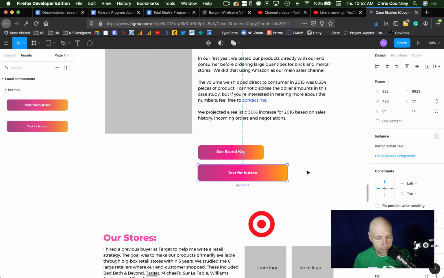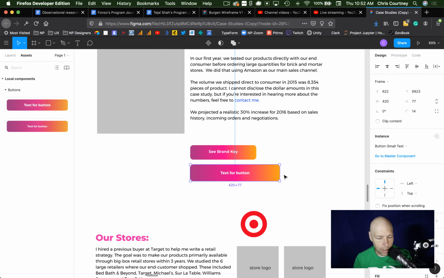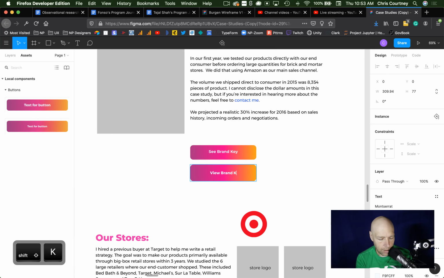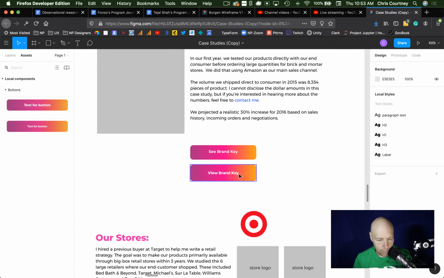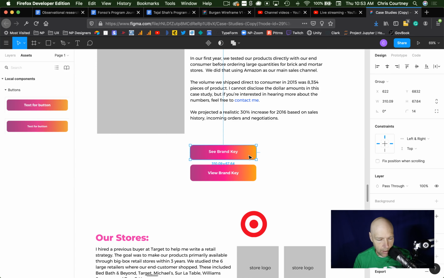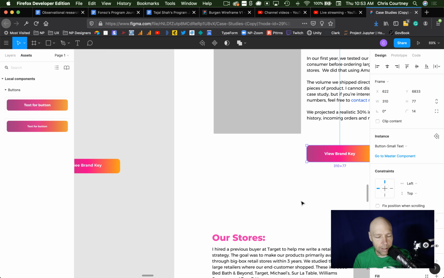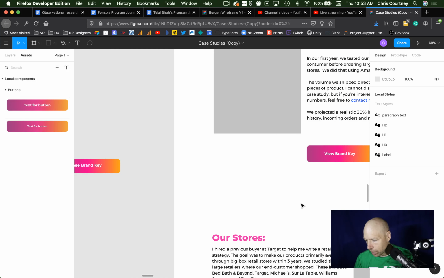This button seems a little wide, but that's okay. We can drag it to fit whatever size we need, and then we'll say, instead of C, view brand key, and there you go. Now I can get rid of this one and keep that one, and they're all uniform, which means, if for some reason I want it to,